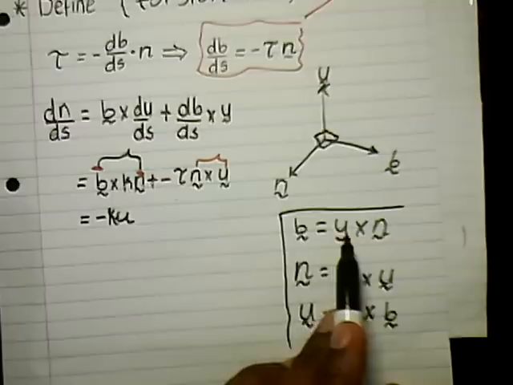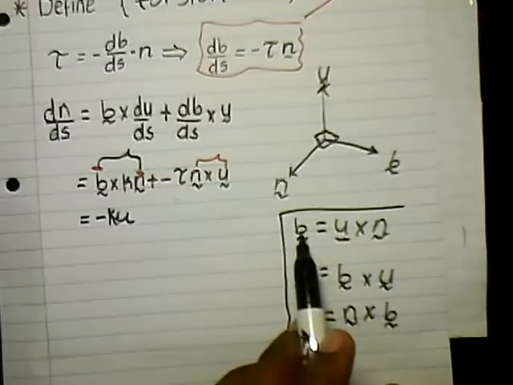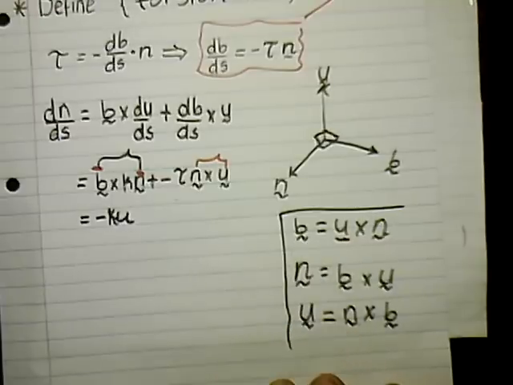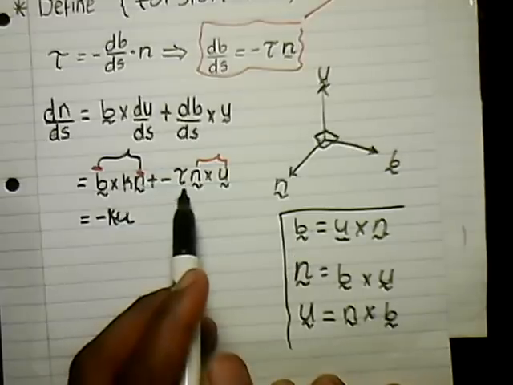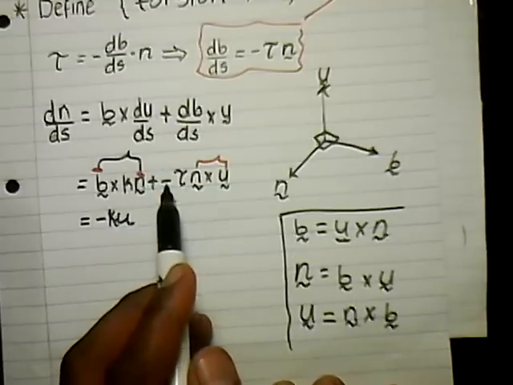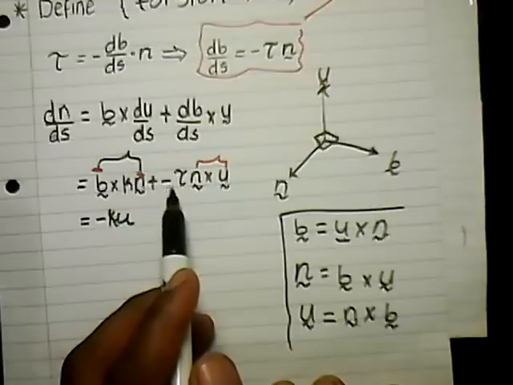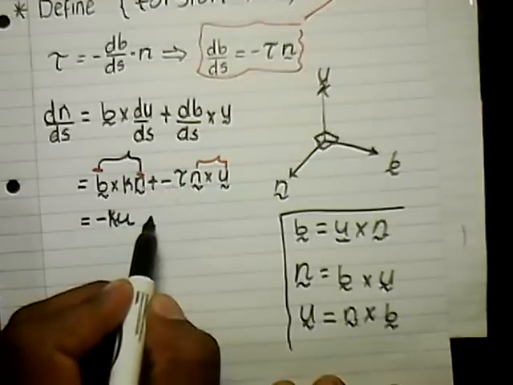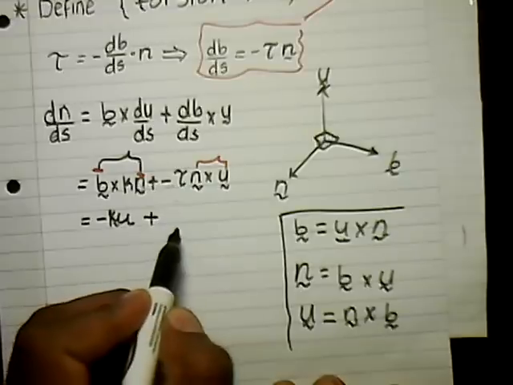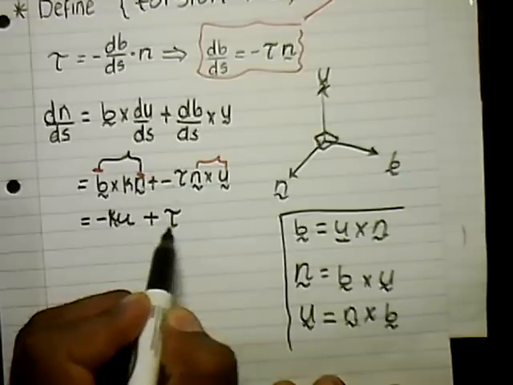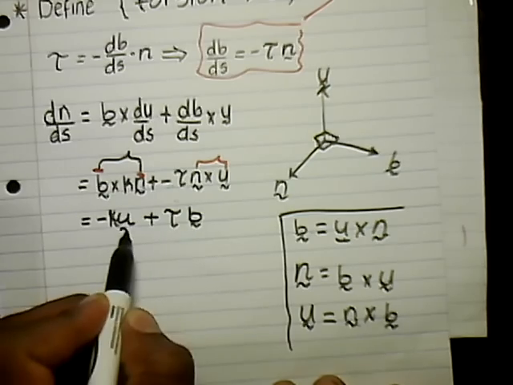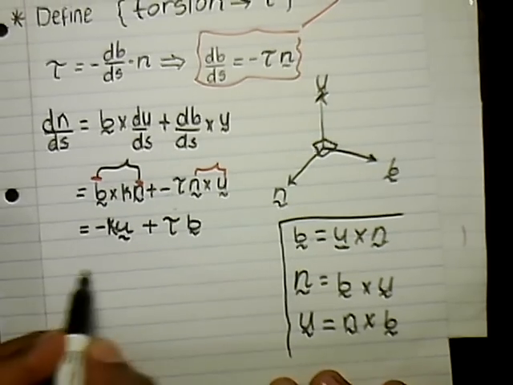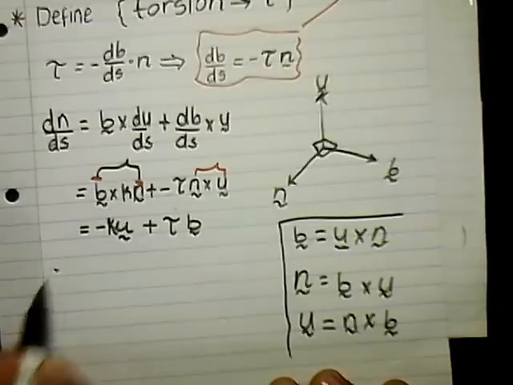So that means b will also have a negative binomial vector. But when we have a negative binomial vector here, that negative will multiply with this negative to make it a positive. So we're going to have a positive tau multiplied by vector b. These are vectors. Okay, to write it clearly, we say that